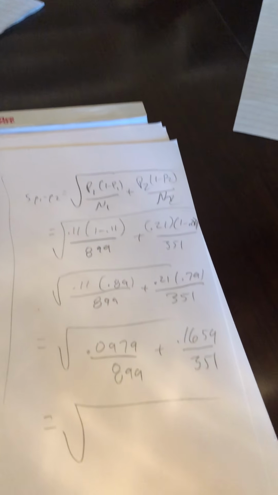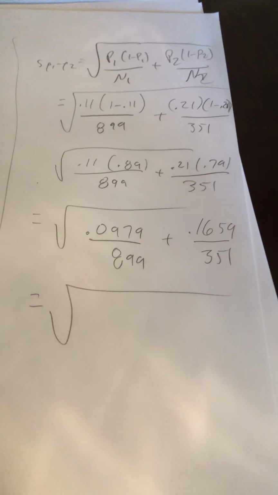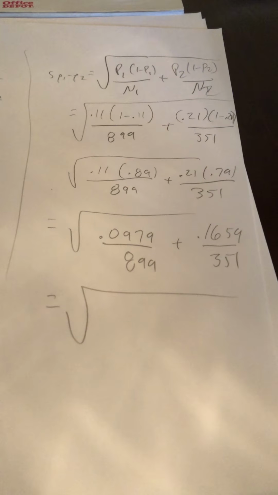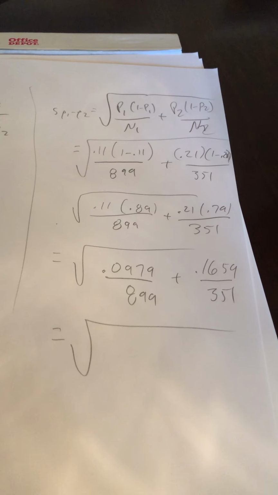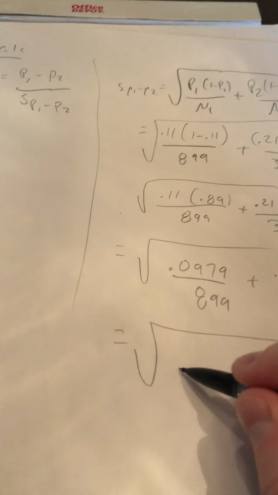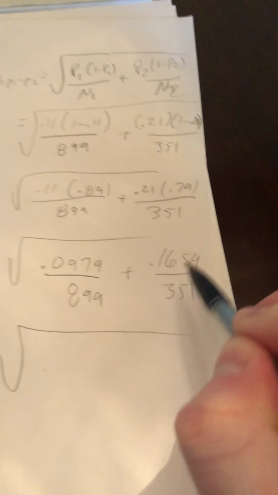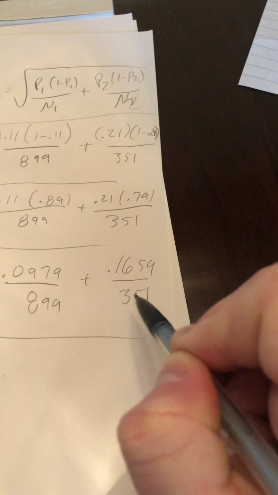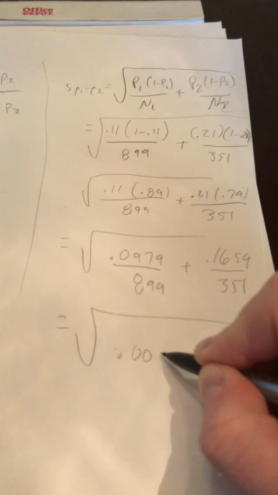See what I mean? The math, the numbers are not hard. You've just got to stay organized with this. And I really think writing every step of the way down will help you avoid tiny mistakes. So what you're going to get here, when you take 0.0979 divided by 899 and then 0.1659 divided by 351, calculate that out, you get